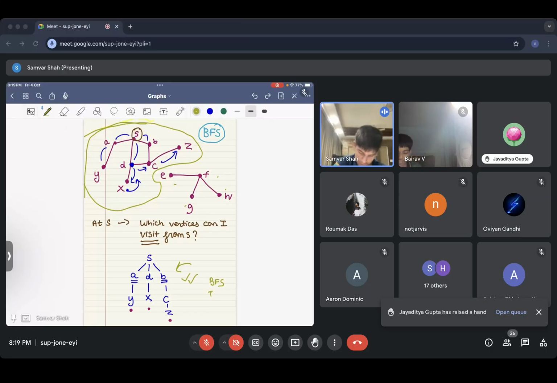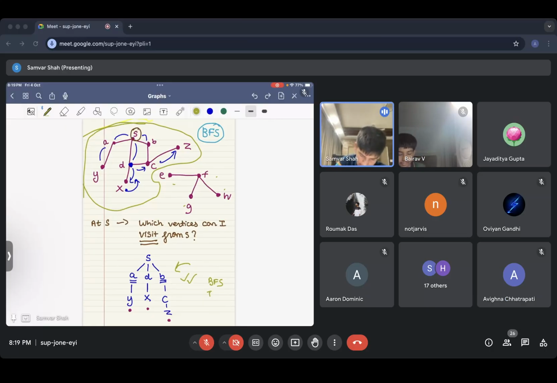Okay, so you are saying that at some point we had S to A, D, and B. Then from D we went to X. And then we have to cover the breadth, right? So instead of checking D, we check B and A first. And B will cover C already. In the case where suppose B was linked with Z, and we had B to Z written here, and then A to Y, then D to C would still be open or unvisited. And then, wait,